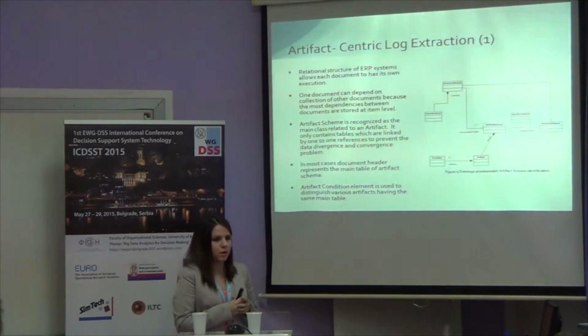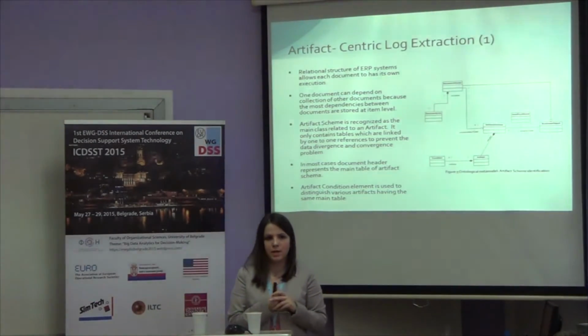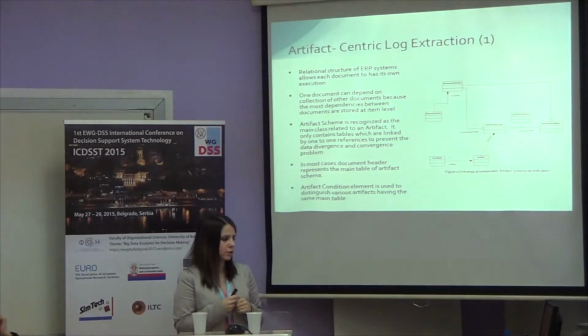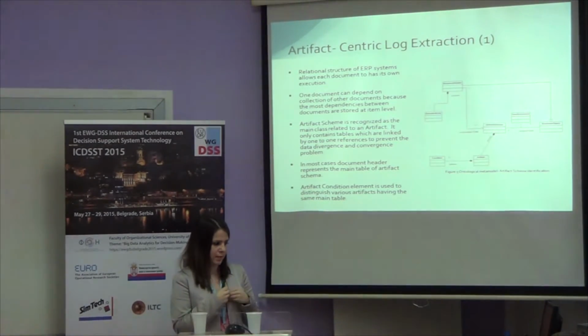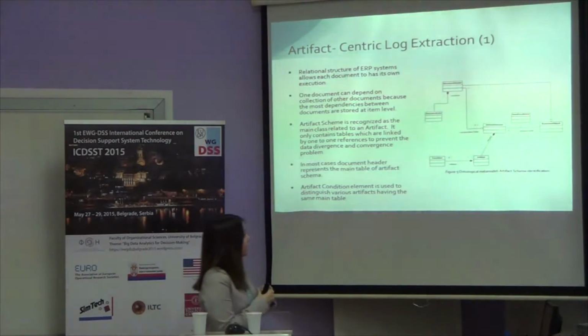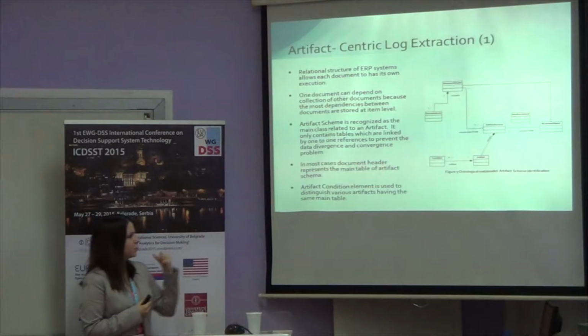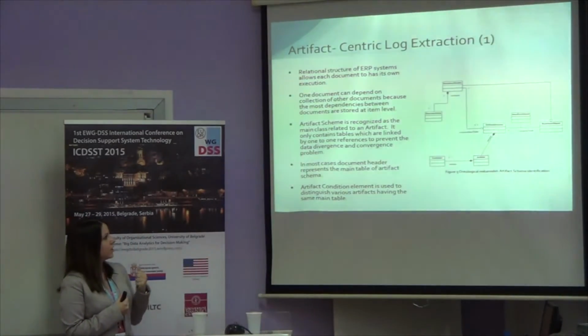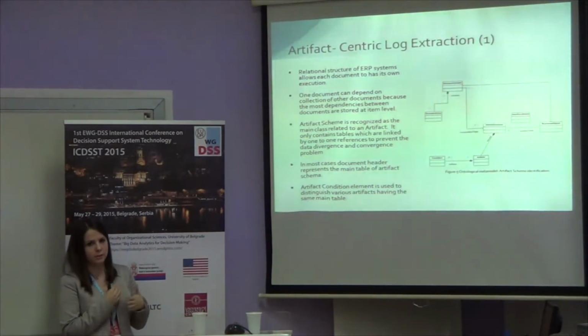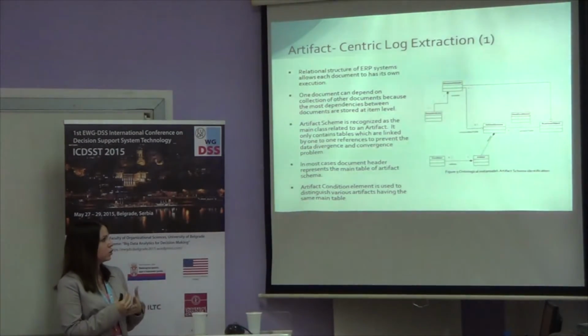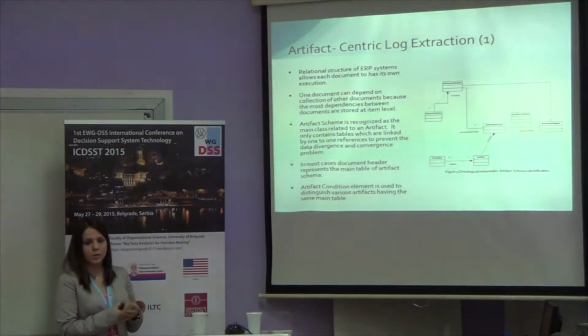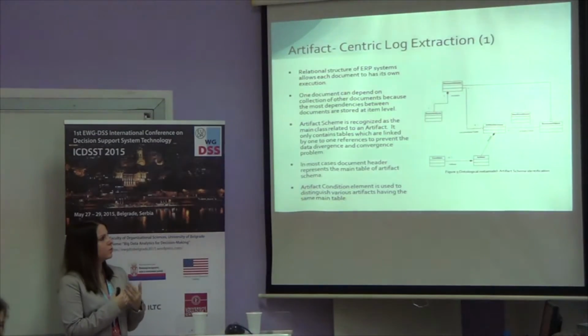The first step is to identify the artifact scheme. The artifact scheme is recognized as the main class related to an artifact. It only contains tables from the relational database which are linked by one-to-one references. That's very important to prevent the data divergence and convergence problem. So we collect multiple tables from the relational database